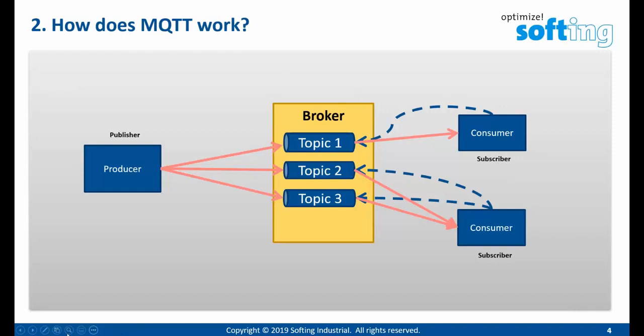So how does MQTT work? In the middle you can see there's a broker, which is some kind of a distributor or dispatcher. On the left-hand side you can see the publisher, which generates and sends the data to the broker. On the right-hand side there are the subscribers, which are interested in the data. So in that case the consumer or the subscriber will make a subscription of the topic he's interested in. Maybe it's only one or all the topics, and then he receives the data as soon as they are available